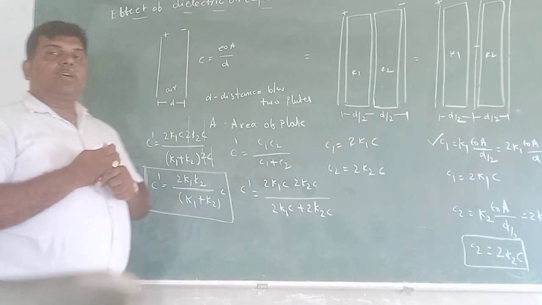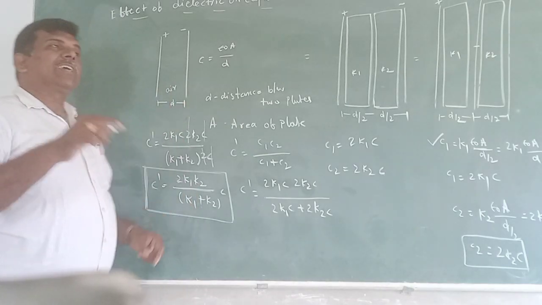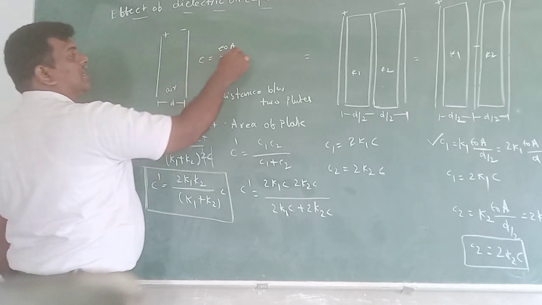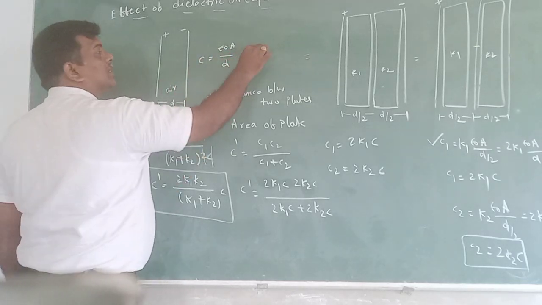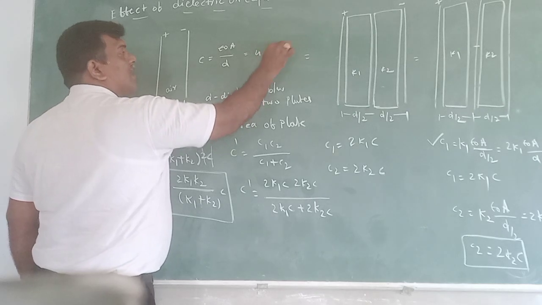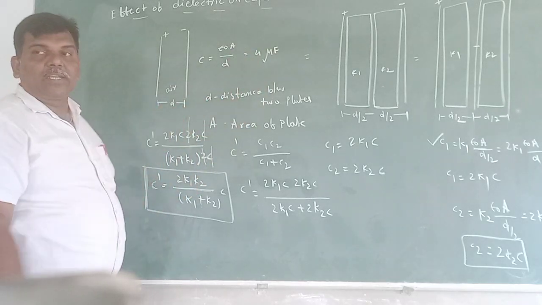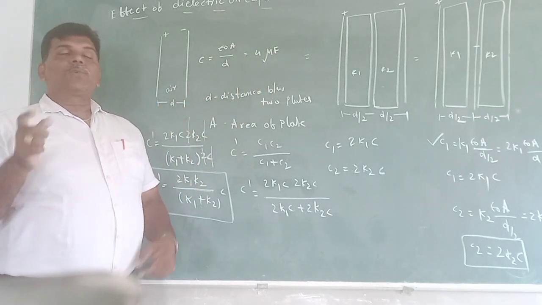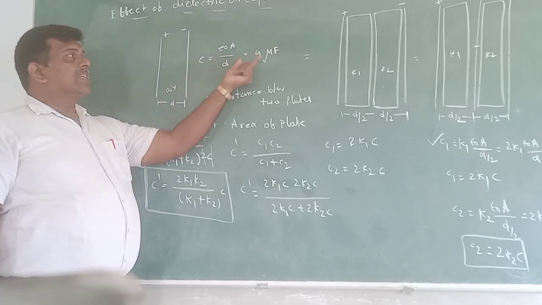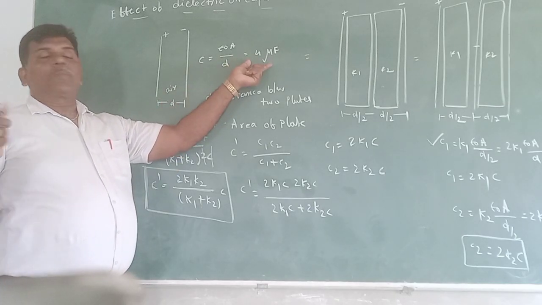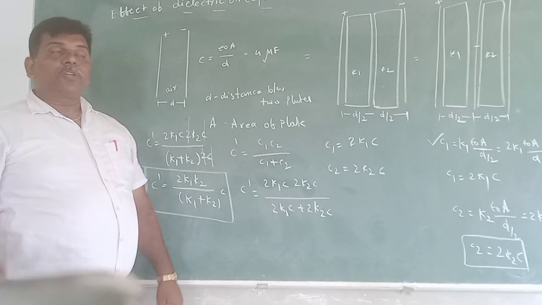So how is it given in objective examinations? Initial capacity: if air is the medium, the initial capacity is 4 microfarads. Like this example problem we are discussing in objective examinations. So if air is the medium, the initial capacity is 4 microfarads. After two dielectrics